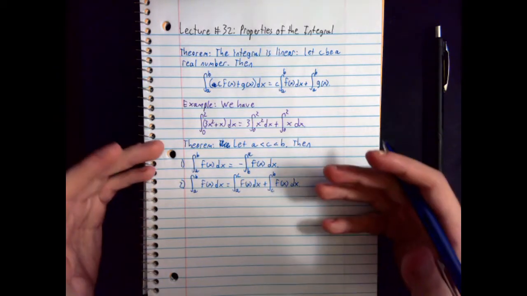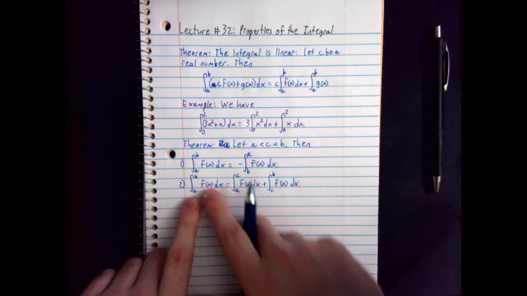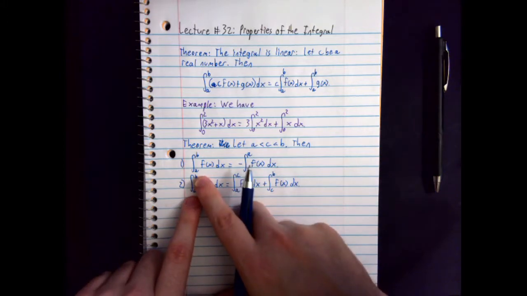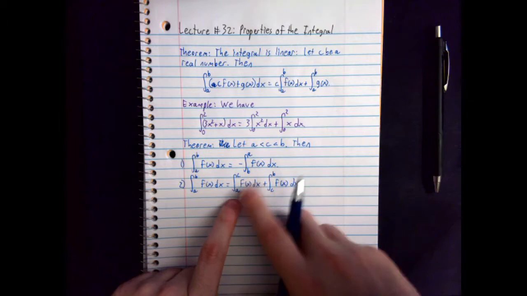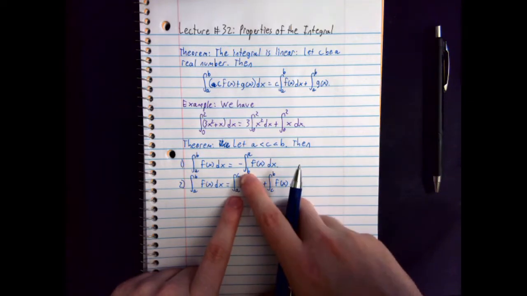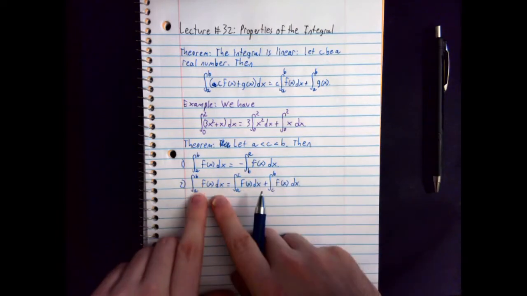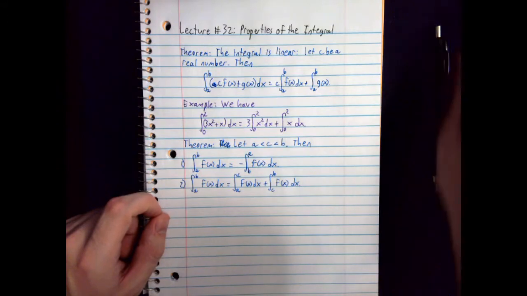And geometrically, what's happening here is, this is just the full area between the curve f of x and the x-axis between a and b, and then I just break it apart into each of the two pieces of that area, the part of which lies on a to c and the other part of which lies on c to b. And then I add them together and I should get the full area. So as an example of this,